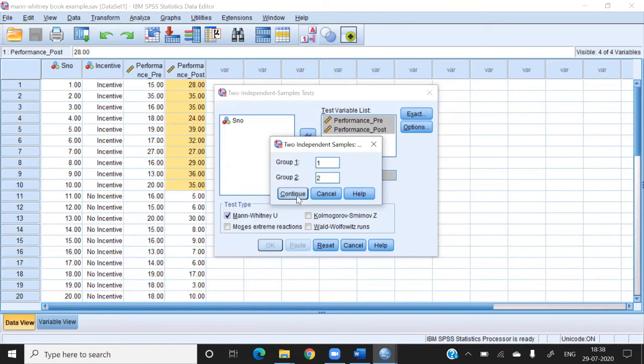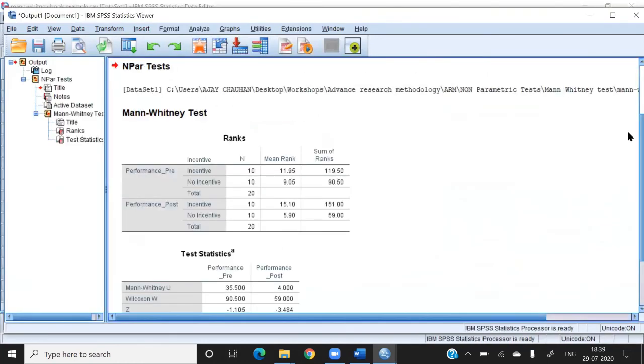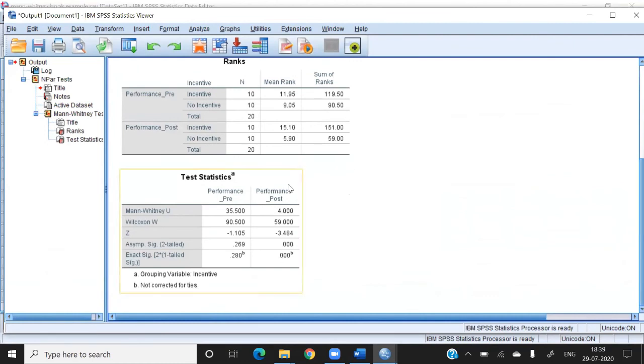Continue, and if I click OK, I will get my results. If you see the results, the mean rank, it is the same example. The 11.5 and 9 are the mean ranks of both groups before the experiment, and I want them to be equal. The probability value is .269, so it means they are equal.